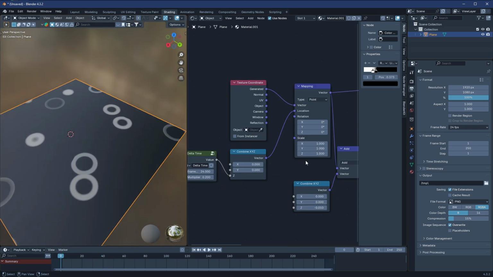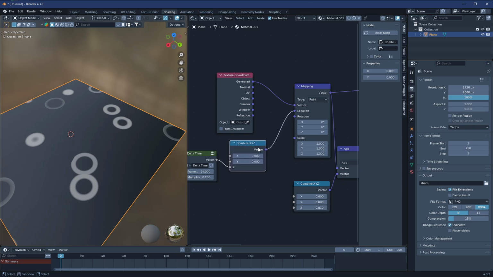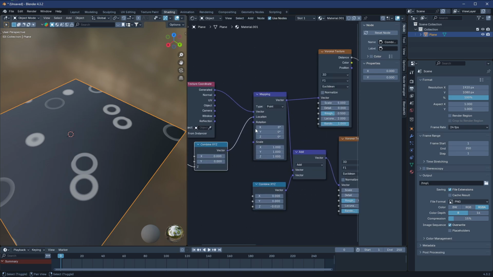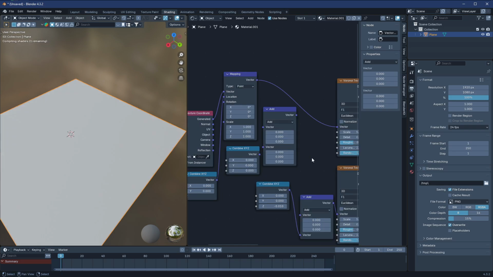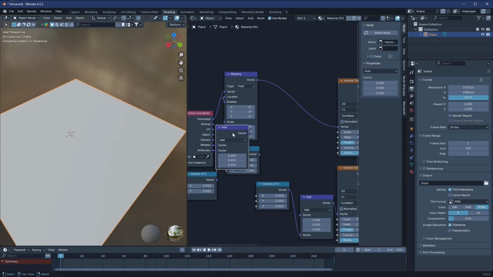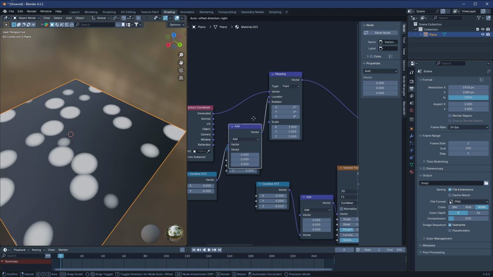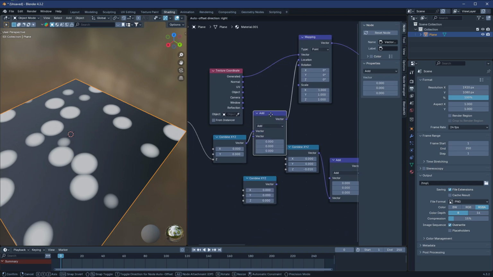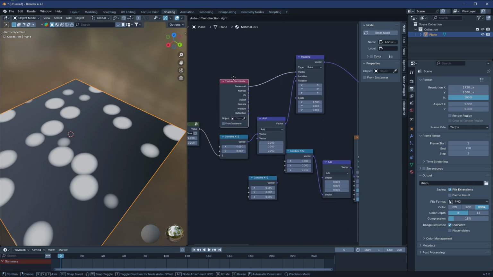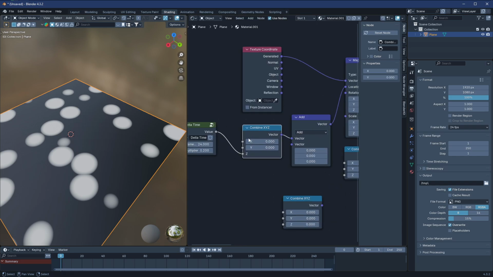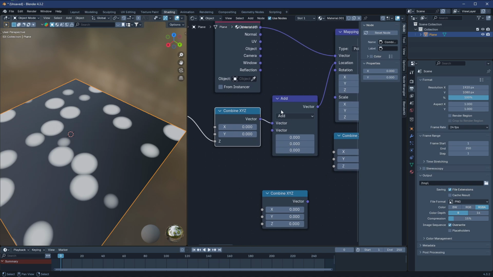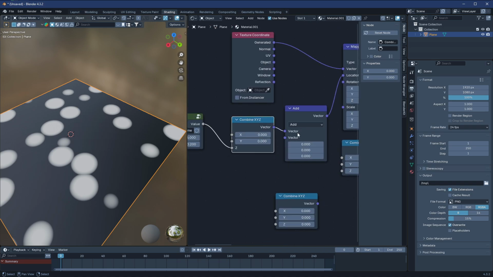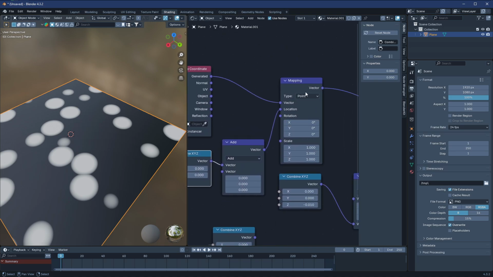We need some noise here, so we can add this to the location here. We can add a factor math again here. Let's just put the factor right here. Yeah, right here. See, this is how it goes. So yeah, delta time set in this thing, and before we pass the factor data to the mapping,